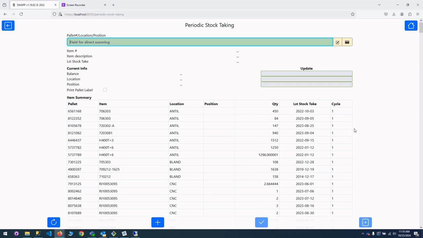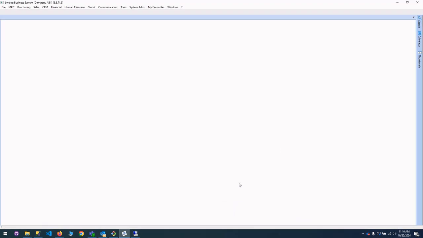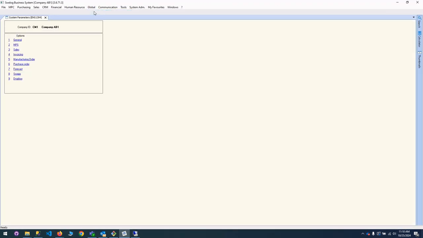And in order to get this function working, we need to have certain prerequisites configured in the Swallow desktop application. So first, let's do that. Log into the Swallow desktop application. There, under global user parameters, MPS,